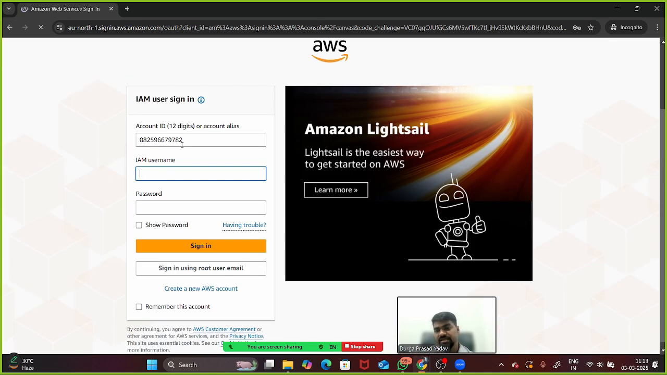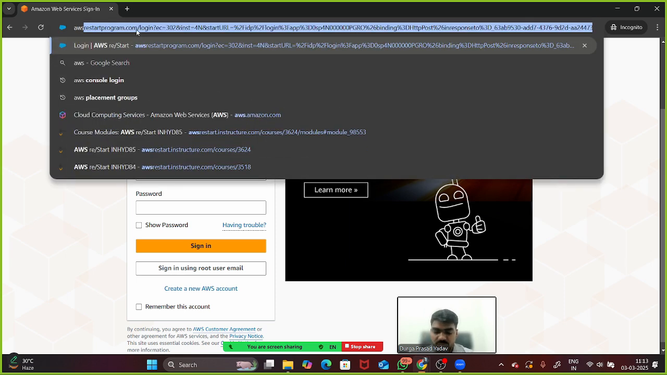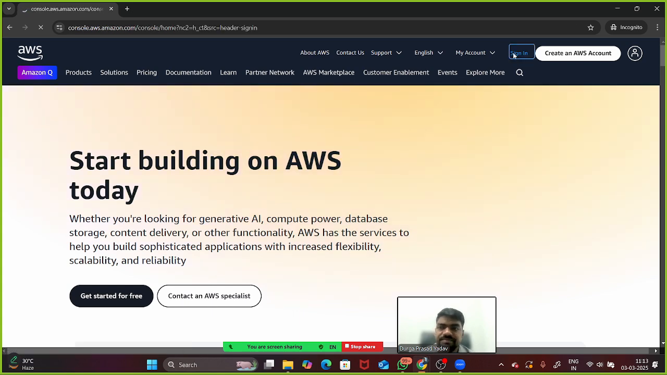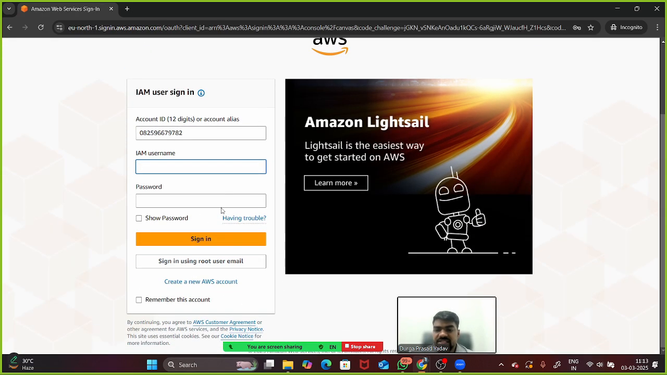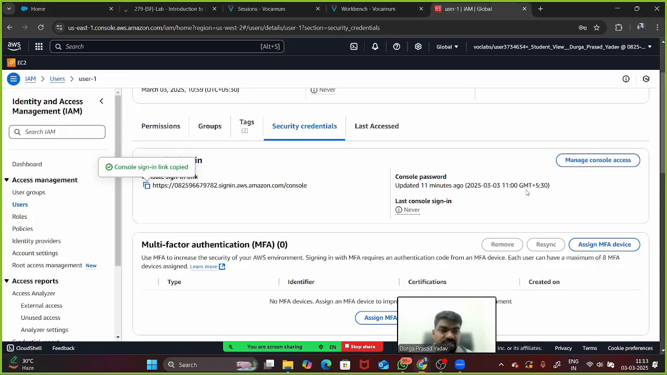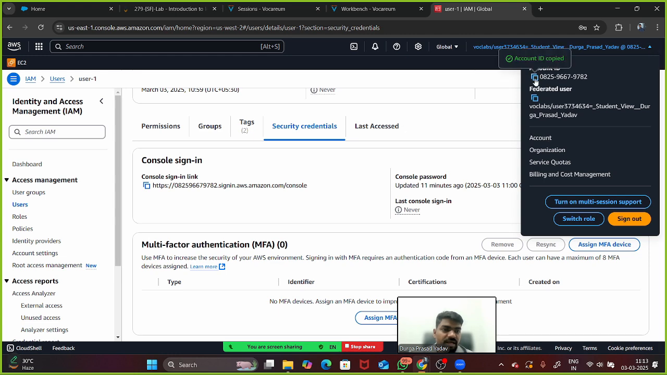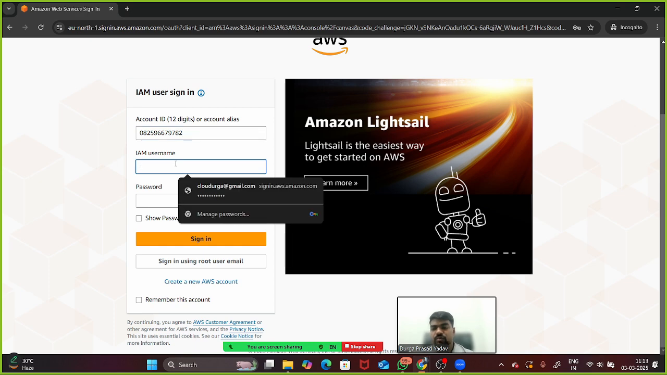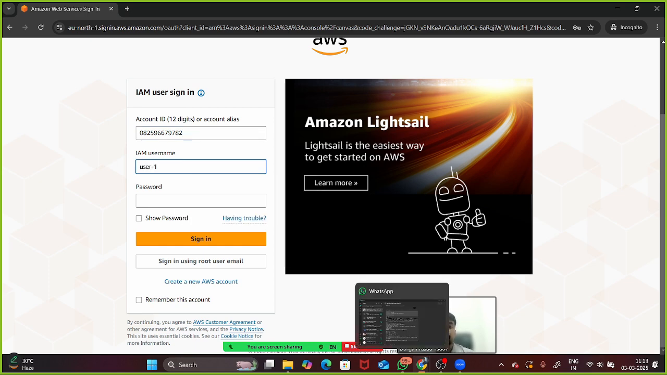See, the account ID is coming here automatically. Or else you can directly type aws.amazon.com and sign in here, as an IAM user. You will provide the account ID from this account. Let's say this is your account ID. You can copy this and paste it here, and then the username is user-1, and